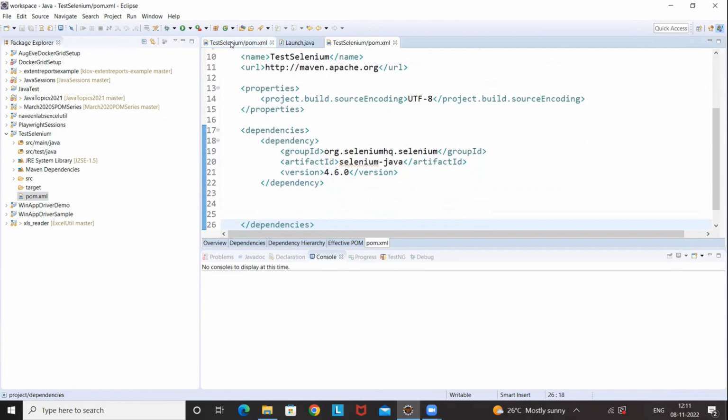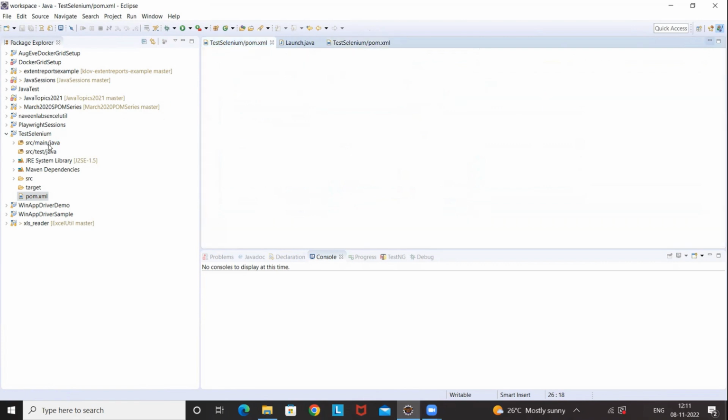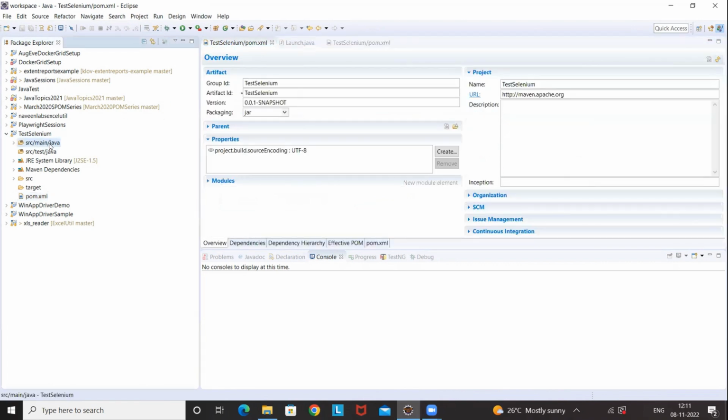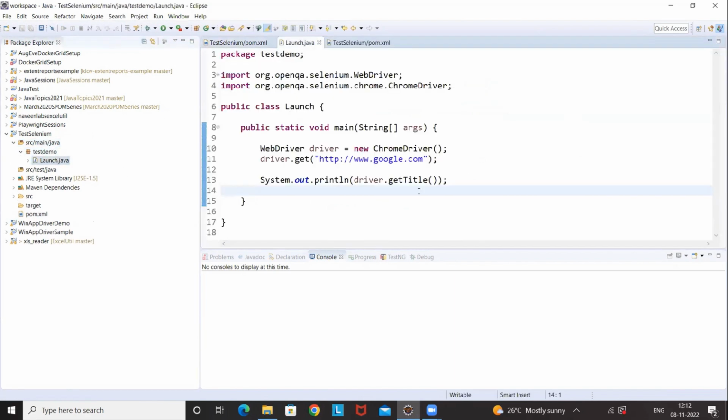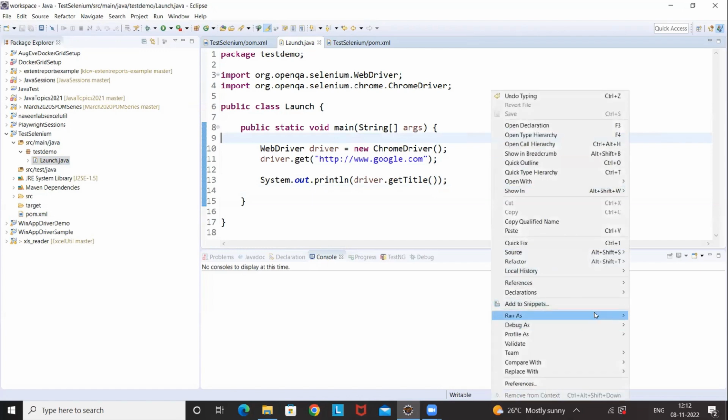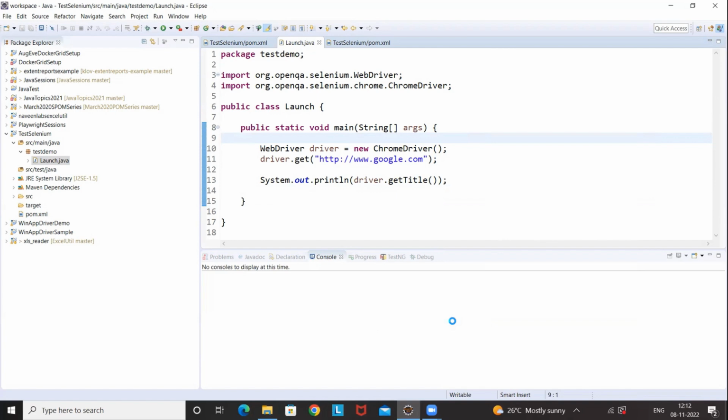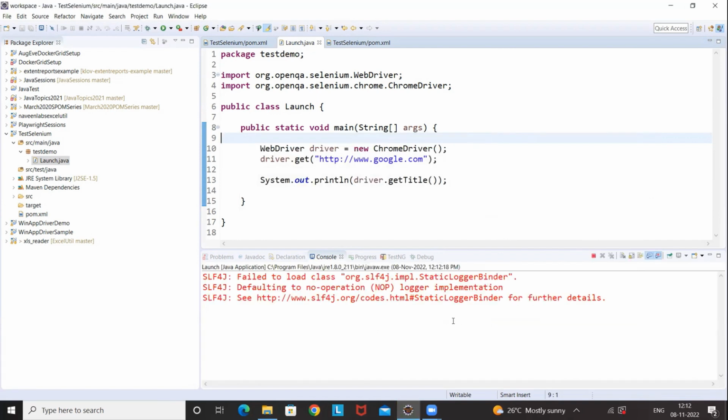And I just need to do what? Just need to create any single file. So let's go to src main java test demo, and I have created Launch.java. I have not written any System.setProperty in Windows also, and it will automatically download this. So let's see this, run as Java application. Let's see whether the browser is getting launched or not, and it should just print the Google title